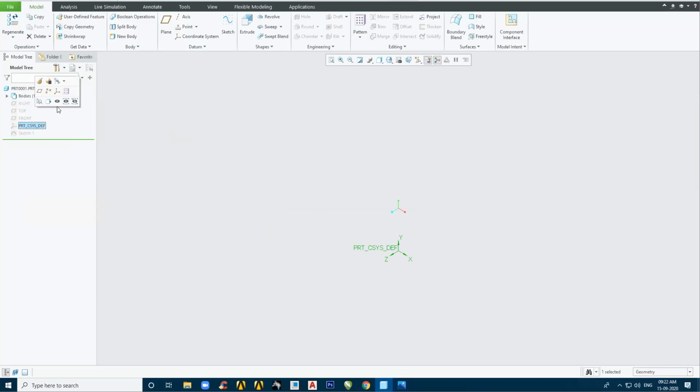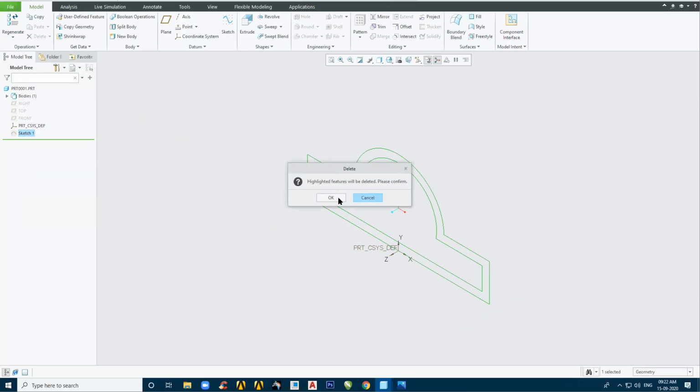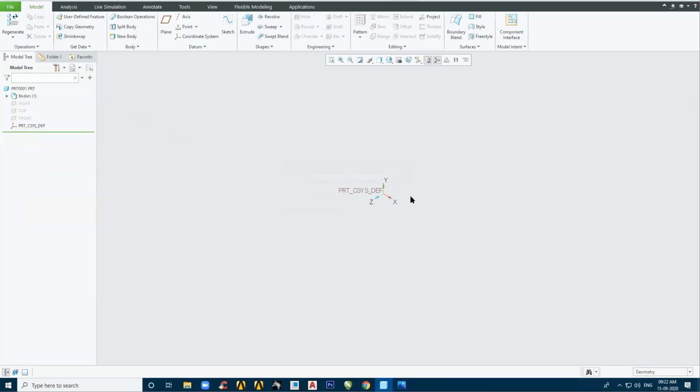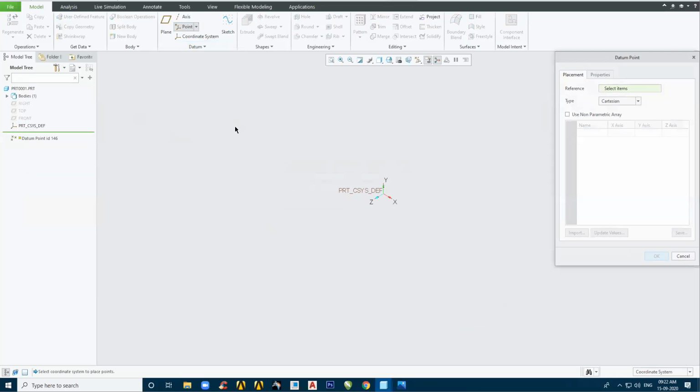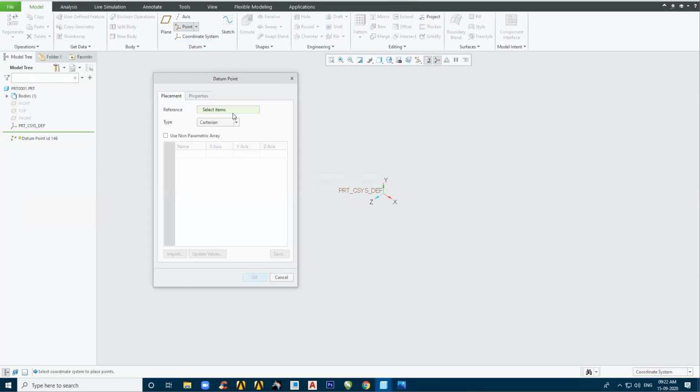Now I need this coordinate system. This trace sketch is there. Okay, now I have this coordinate system with me. With respect to this coordinate system, I can create a few points. And how do I create them? I can create them from this offset coordinate system. What I need to do is give a reference. And what is this reference? It is nothing but this coordinate system, from which you want to refer the points. So I will click on this coordinate system.